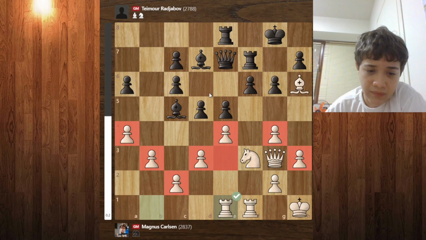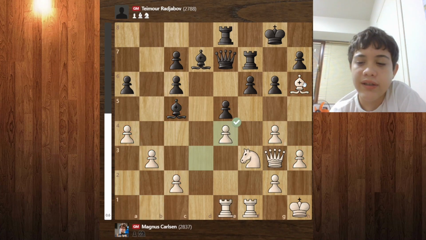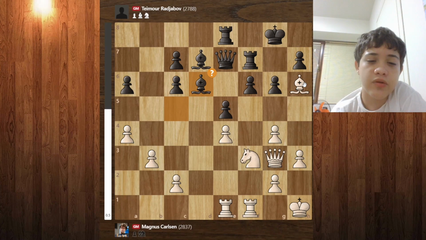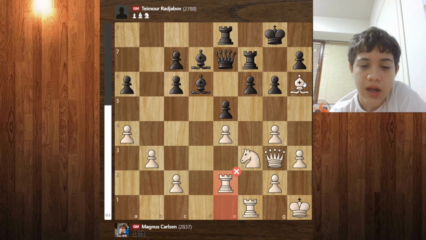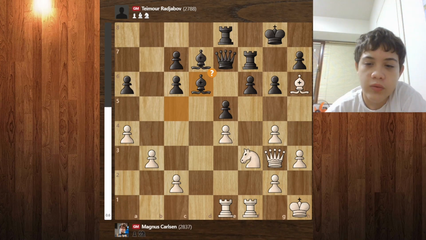Even though Radjabov's black square bishop is very good, Magnus's black square bishop is also very good. D takes c4, d takes c4, bishop to d6, and now we get rook e2. Now rook e2 is a mistake because in this position, rook d1 almost,